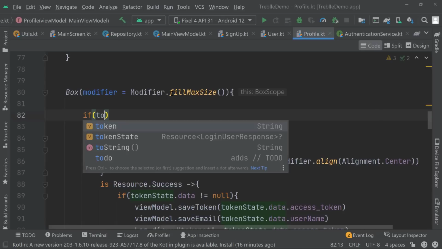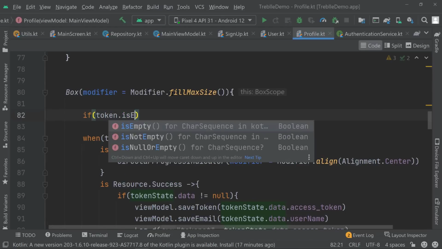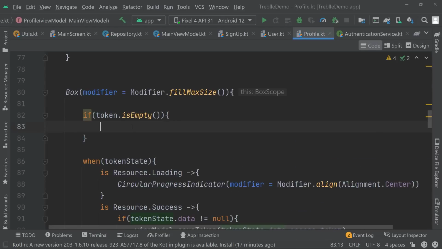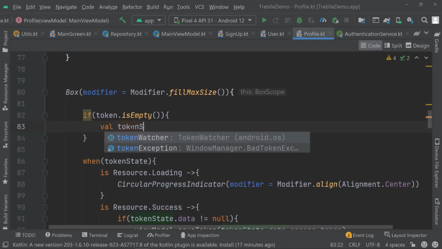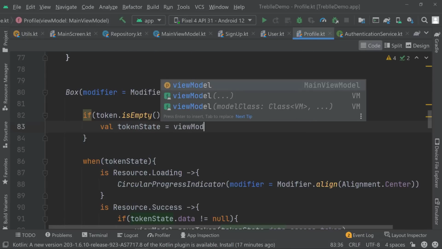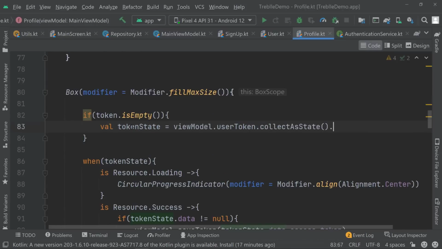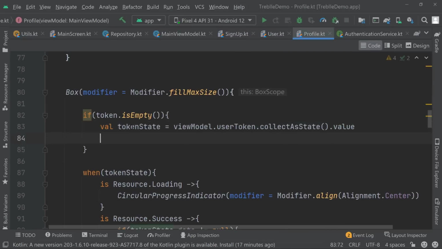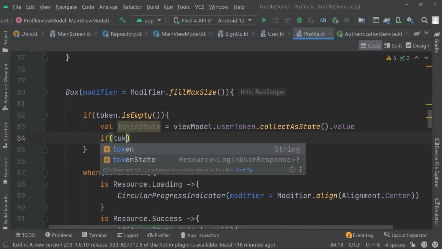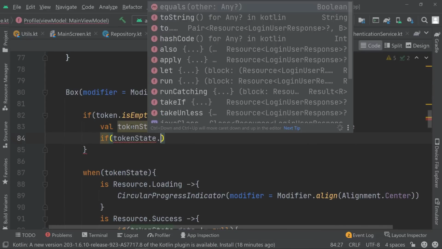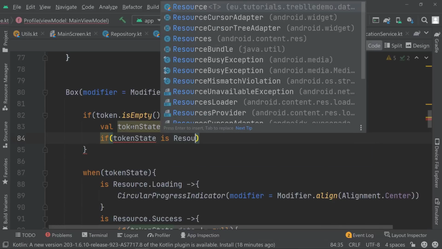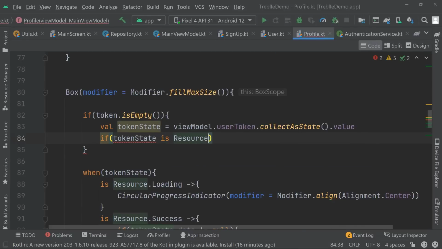So we can check here if token is empty. If token is empty, we're going to get the token state, which will be view model.user token.collect as state dot value. And then we check the token state. If it is resource loading dot loading,